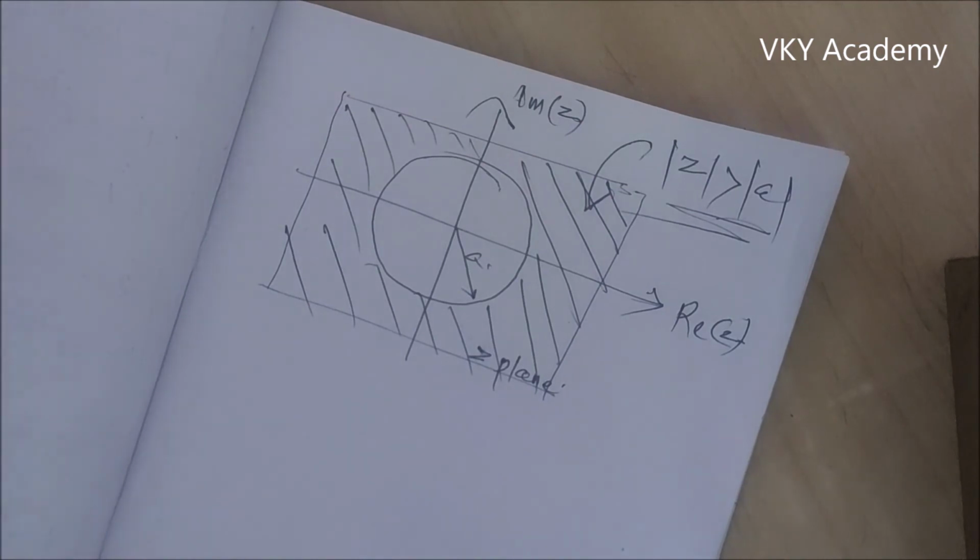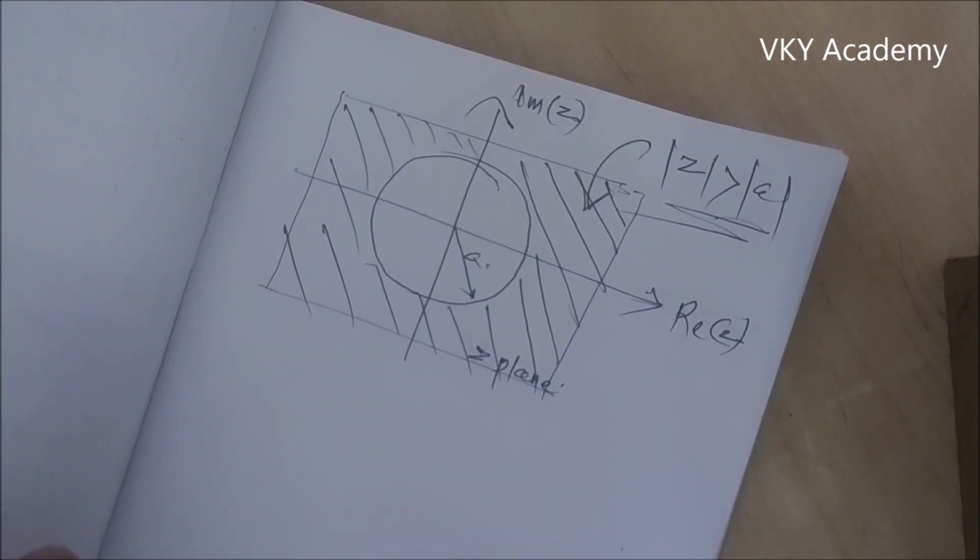So in this way we can determine the Z transform and region of convergence of a trigonometric function multiplied with an exponential term. In the same way we can also determine the Z transform of x of n is equal to a to the power n sine omega naught n u of n. That we will do in our next lecture. Thank you.